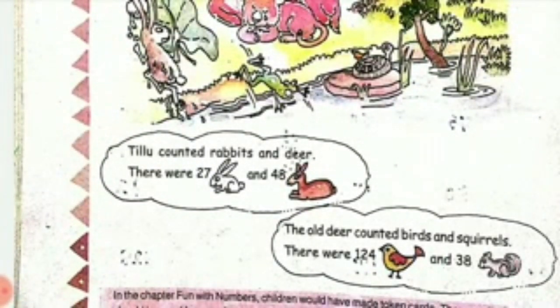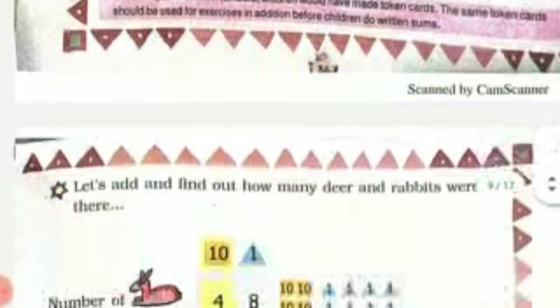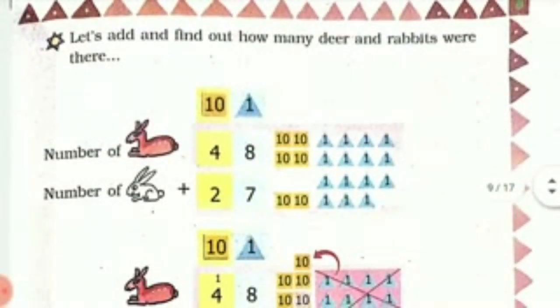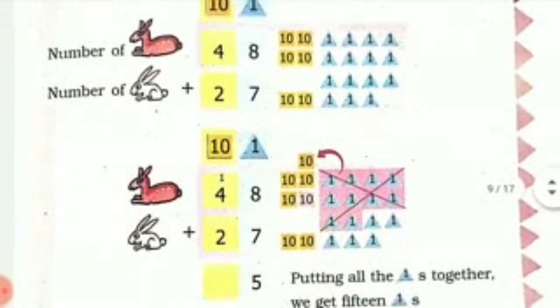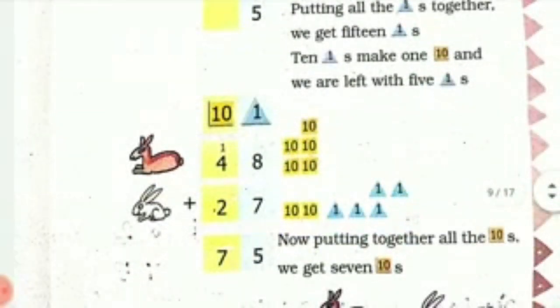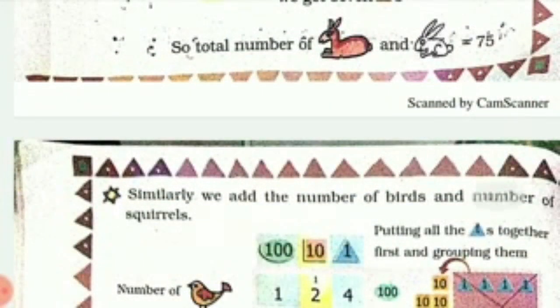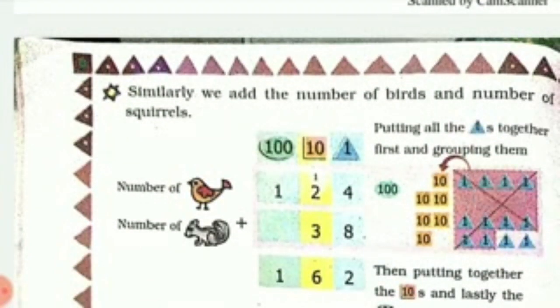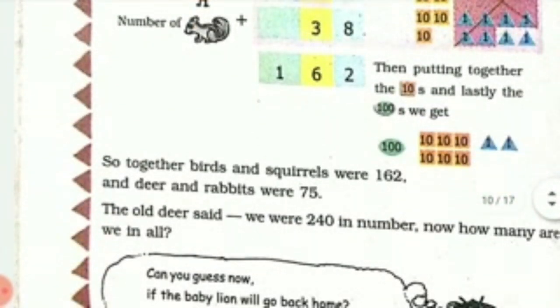So Tilu counted rabbits and deer. There were 27 rabbits, 48 deer. The old deer counted birds and squirrels. So there were 125 birds and 38 squirrels. So to add the number of deer and rabbits, 48 plus 37, what is 48 plus 37? 48 plus 37 is 75. So again we'll add birds and squirrels. 124 plus 38, 162. So 162 plus 75 is